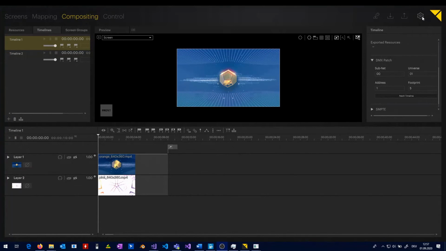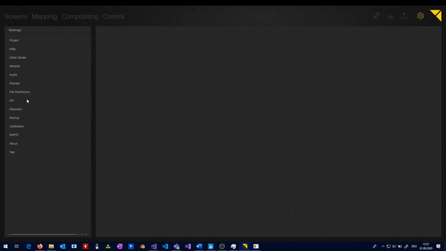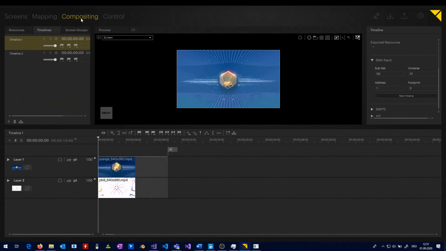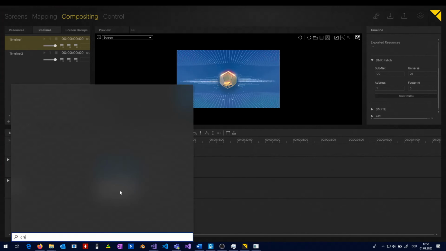So in Pixera, you just click the setting icon, go into API settings, choose the right network adapter. So for example, I'm running my ArtNet network on the 2.3.0.x space, so I will select that as my input, and I will select ArtNet. The port is automatically set to the right port. And now if we go into compositing and open GrandMA,